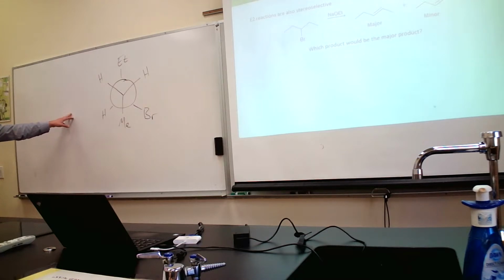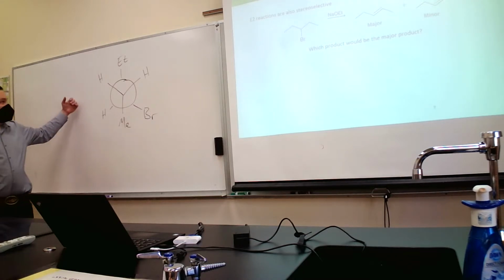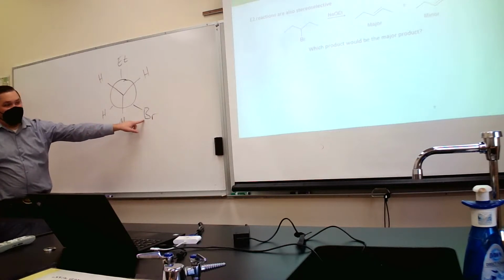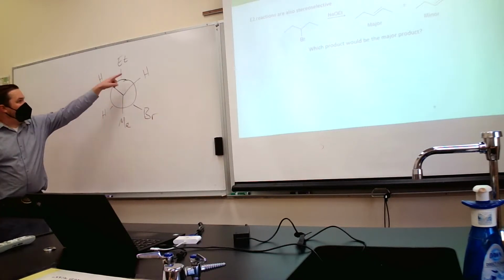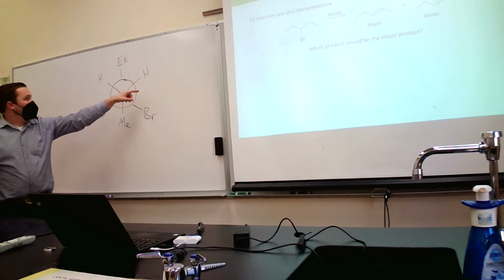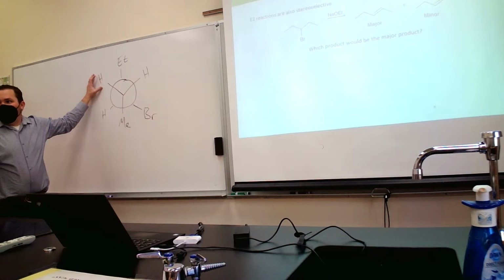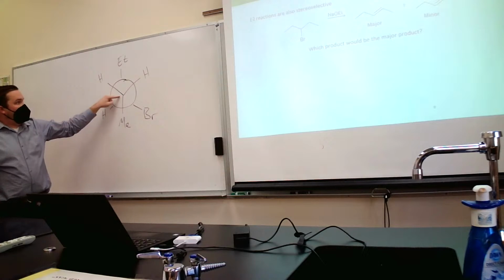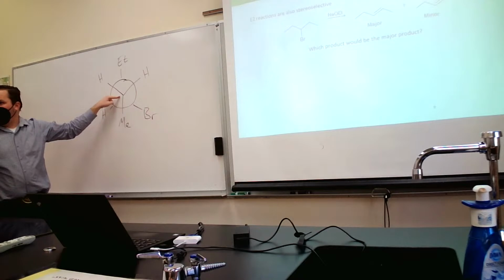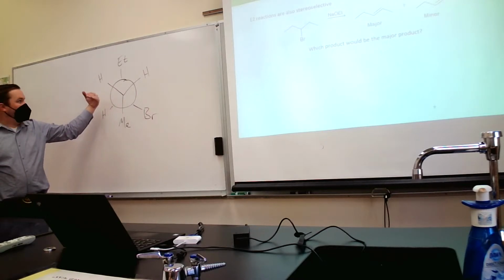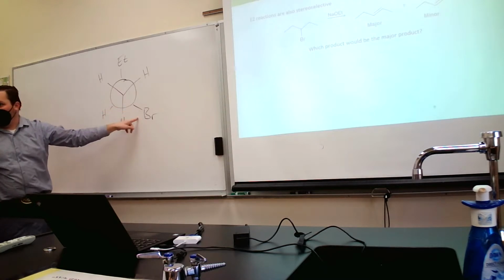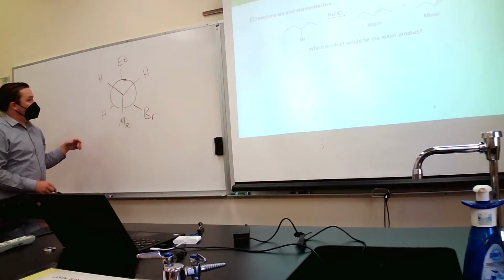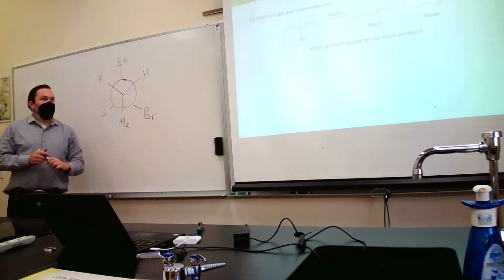If this is going to go through an E2, a concerted elimination reaction where your bromine has to be leaving at the same time as one of these hydrogens is being pulled off. In order for all of those orbitals to line up in the right way, this carbon-hydrogen bond has to be pointed in the same direction as the pi bond is going to be, in order for those orbitals to overlap enough, which means it also has to line up with the anti-bonding orbital for the bromide. And basically what that means is that your leaving group has to be